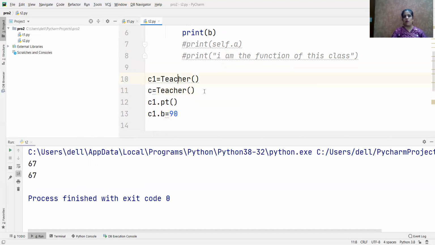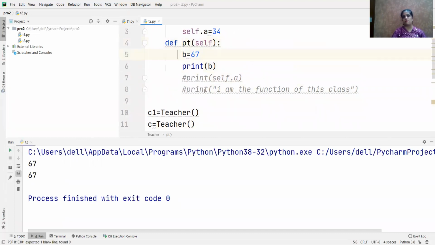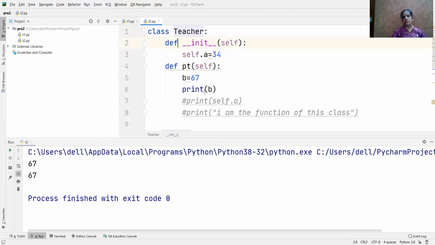Right now, this B is what? B is a local variable for this particular function. Now, did you get it? How to give the values here? Or you can make one function. Let's make one function for taking the value from the user. ठीक है, चलो इसके लिए हम इसको remove करते हैं यहाँ से.